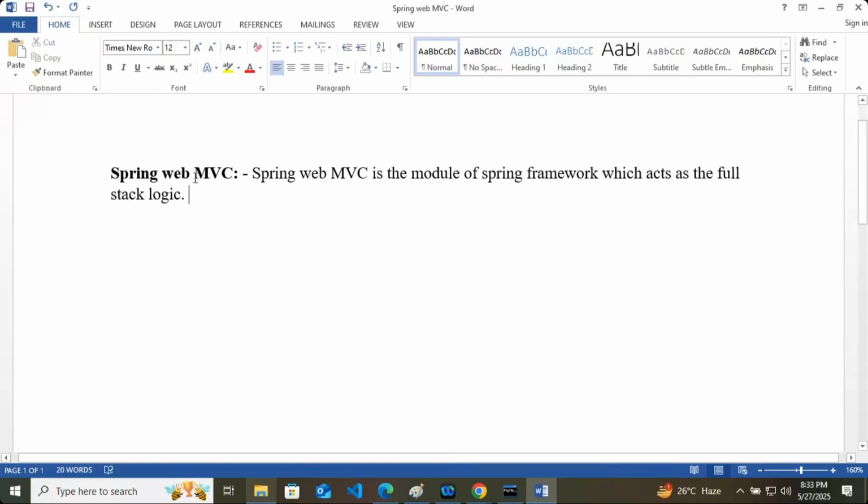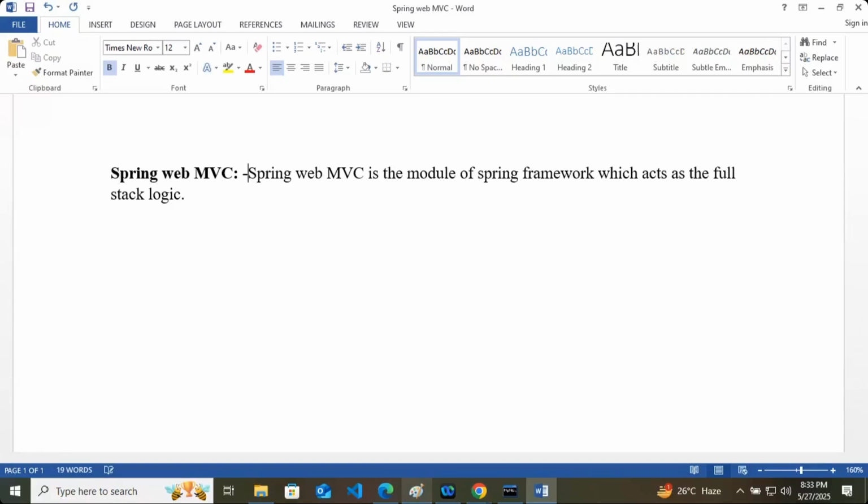First, understand why we studied MVC. We studied MVC so that we can divide our project into three parts. Database is a separate part, controller is a separate part, and then view is a separate part. We did like that. Spring Web MVC divides any project into three different categories or units. It is also the same. Those units are M.